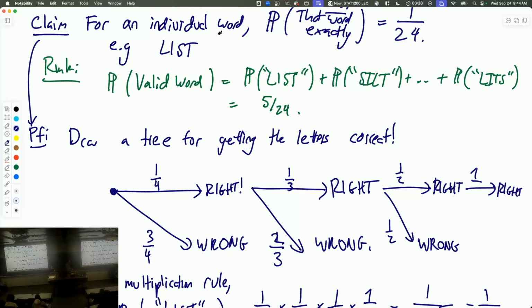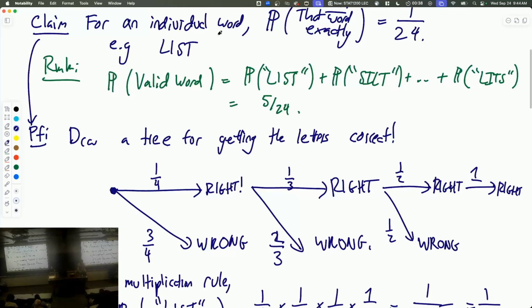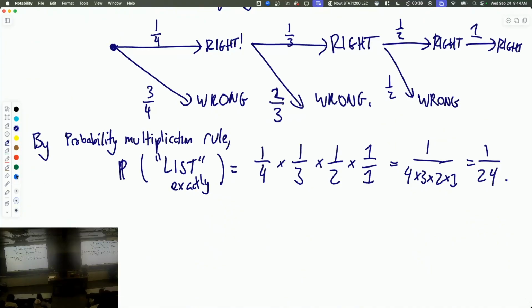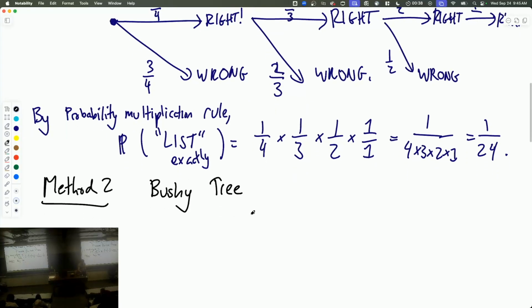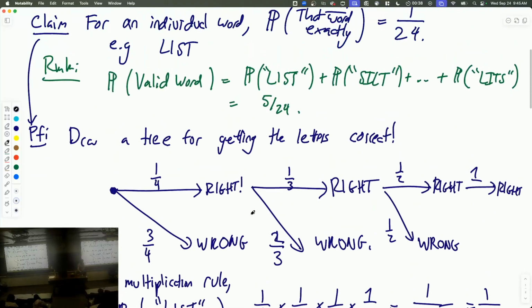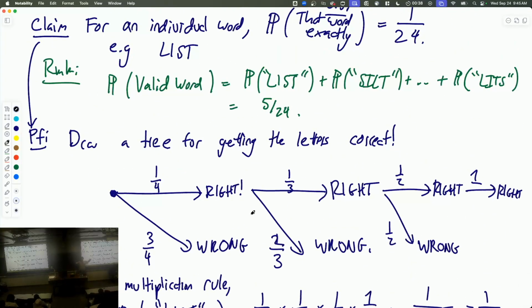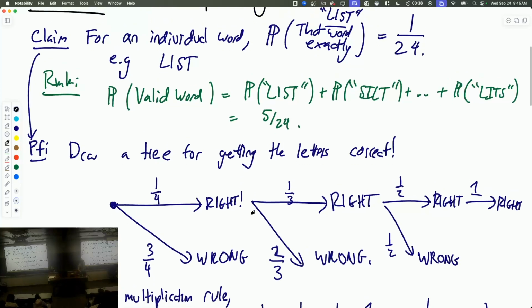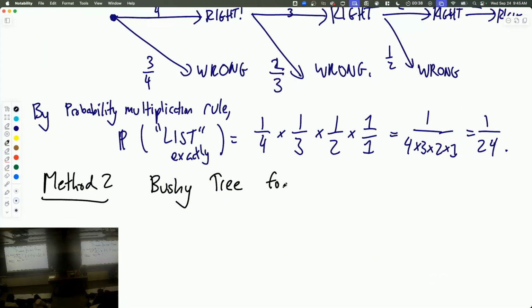But I could have been less clever and just drawn a big bushy tree, and that is method 2. Method 2, the bushy tree. And actually, the bushy tree is logically thinking about the same thing. It's just sort of expanding things out. You'll see what I mean in a second. And in the bushy tree method, what I'm going to do is instead of calculating the probability of each individual thing, I'm going to draw a big tree that includes all the possible words. So I'm not going to do each one individually. I'm going to do a big tree for all possible